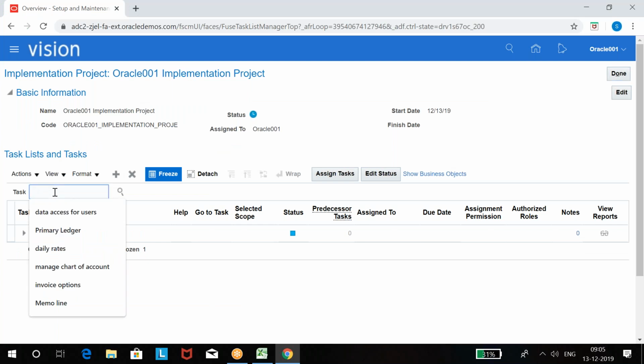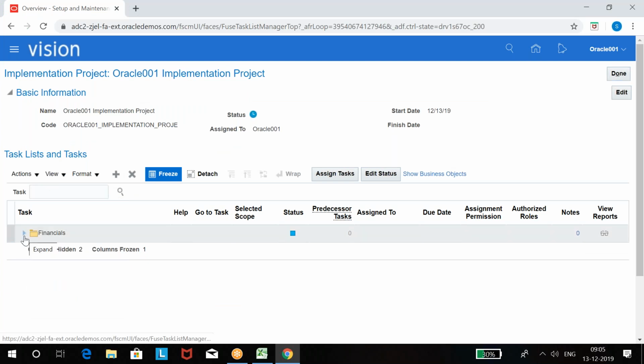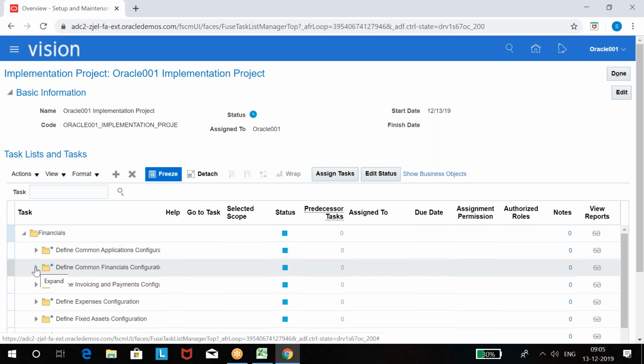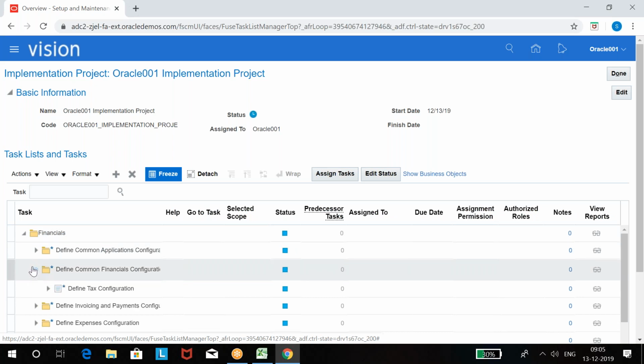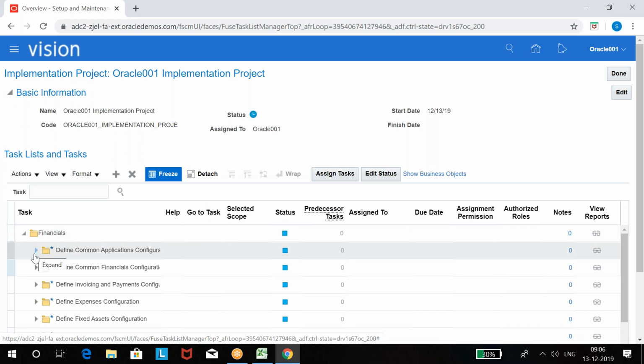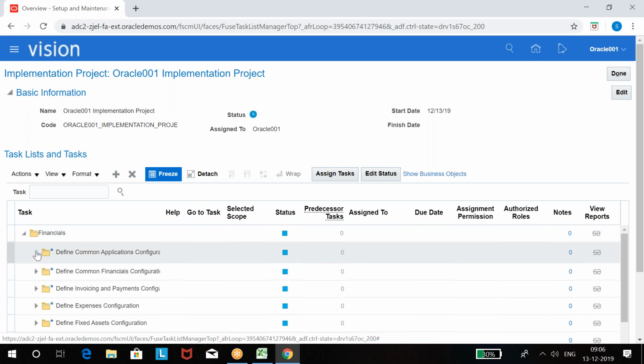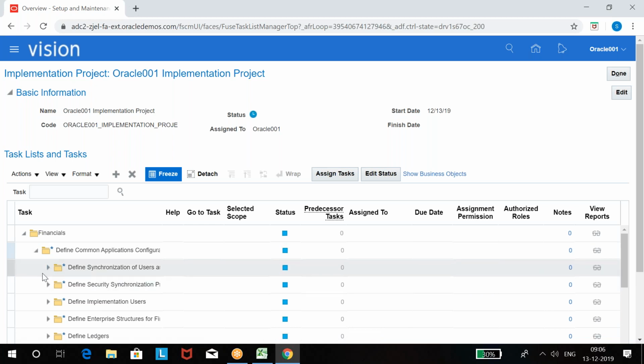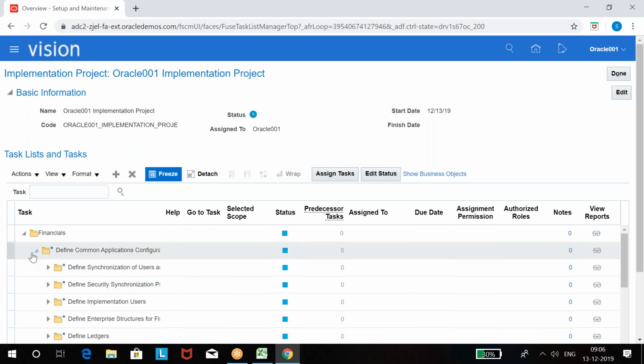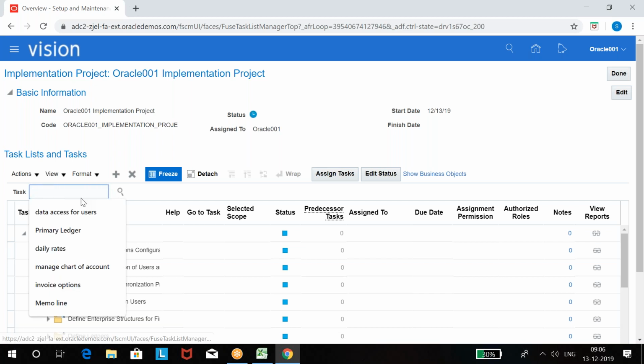To create calendar, find a task by name. See, we got all tasks; whatever task we are going to work on, all tasks are under this Financials. But it is not easy to remember the task or path. Now I want to set up calendar, and I don't know under which path or in which folder it is. There are so many folders, so many paths. It's a long path to go to my task. So I can't remember all these paths every time I want to go to the task. That is why Oracle provided an option to search your task.